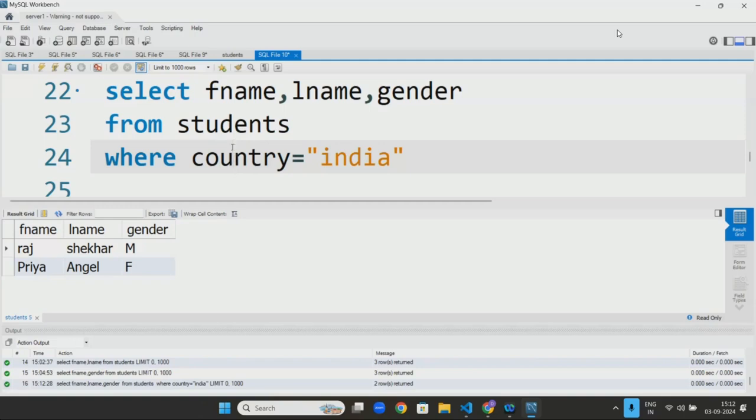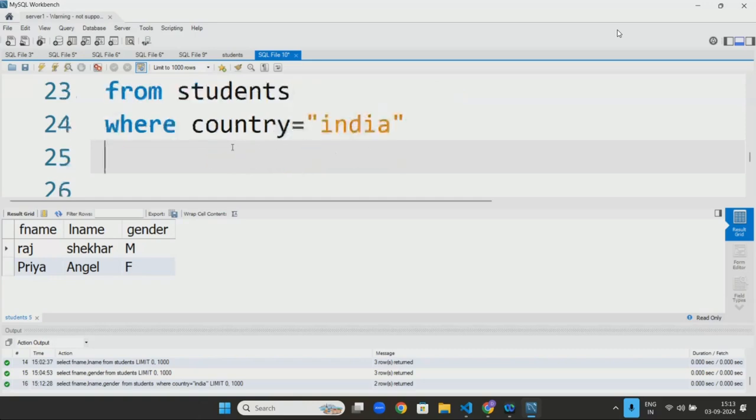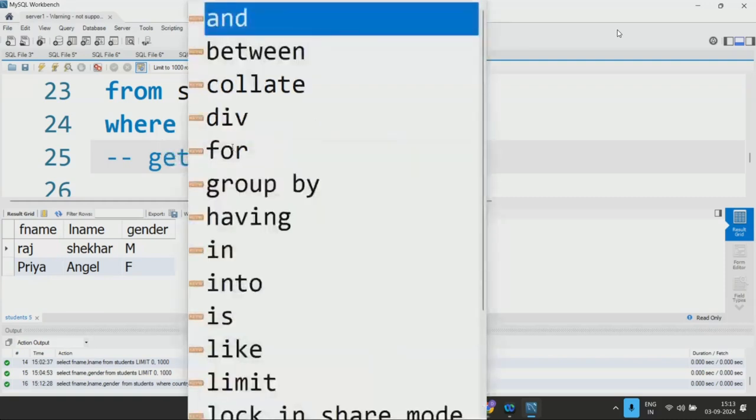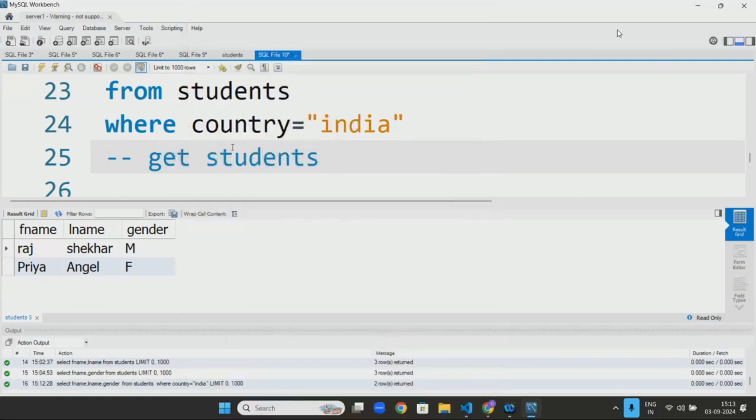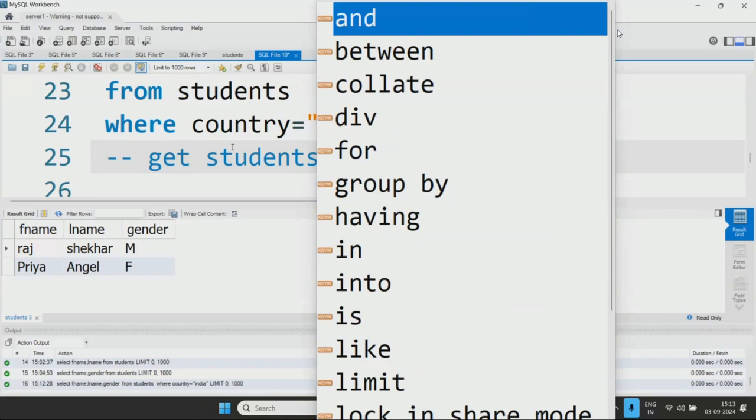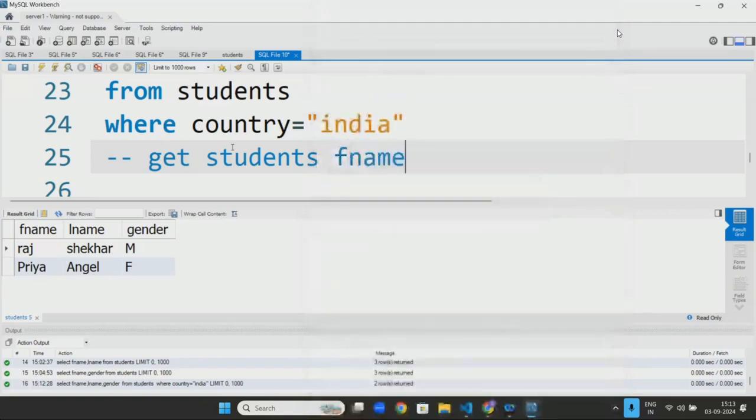Any doubts? Any doubts, sir? Get students first name, last name, date of birth, who are